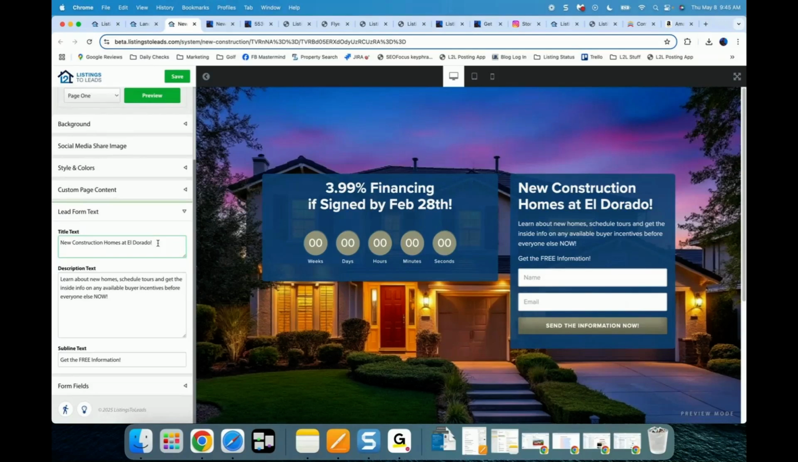So whatever it is, but try to combine the fact that there are incentives, which I think on 90% of new construction, there are incentives. So always be finding the incentives, price reductions, interest rate buy downs, right? Whatever those incentives are for the new construction area, and you lead with that. So here, for example,